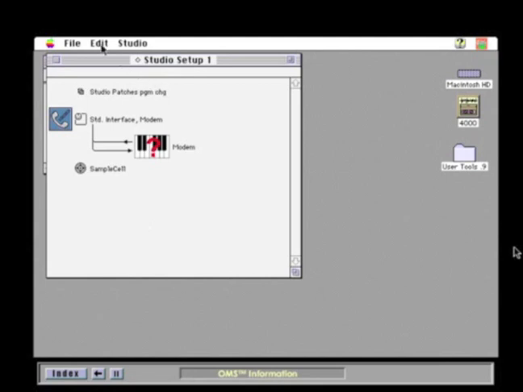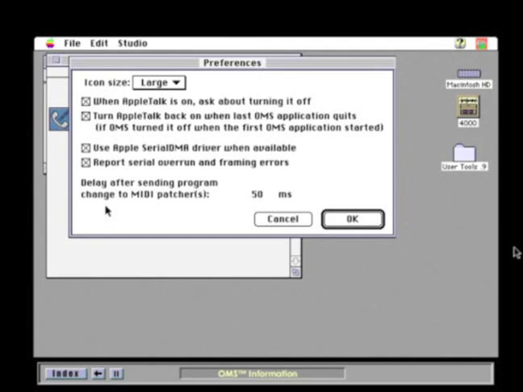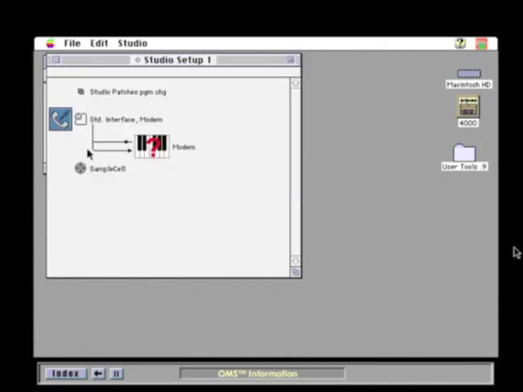Select Preferences from the Edit window. Next, uncheck Use Apple Serial DMA driver when available, as shown here. Then click OK. If you are using a Digidesign SMPTE slave driver, you need to create it as a device